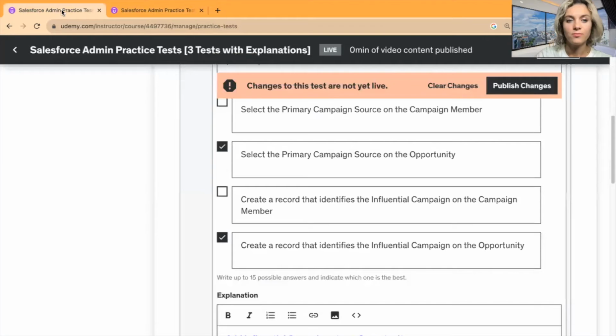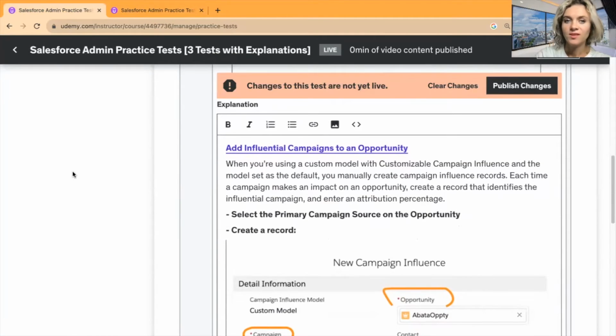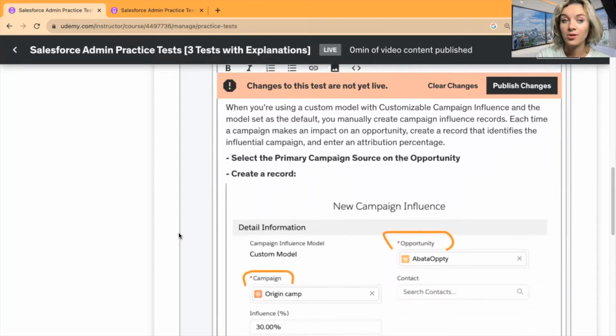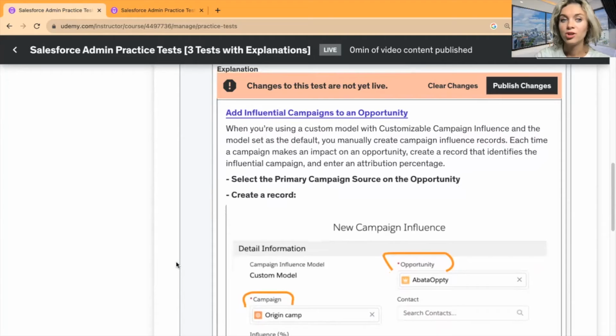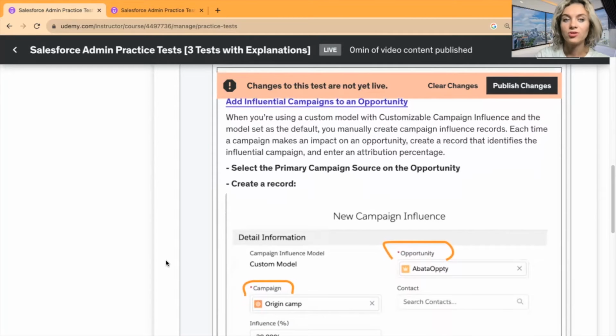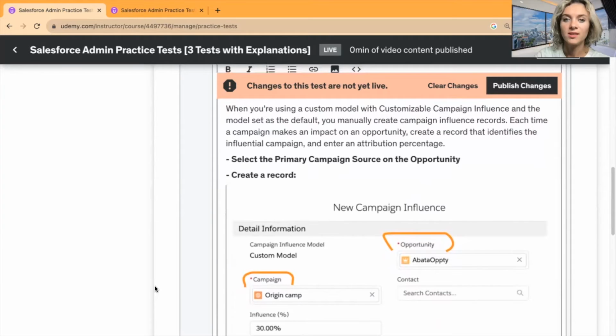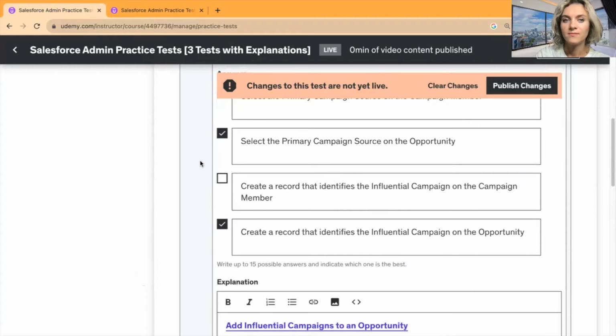And I'll pause this, and if we go to the explanation bit, the explanation comes with an image. For people with photographic memory, this may be very useful. Add influential campaigns to an opportunity. When you're using a custom model with customizable campaign influence and the model set as a default, you manually create a campaign influence record. So this is a campaign influence record. Each time a campaign makes an impact on an opportunity, create a record that identifies the influential campaign and enter an attribution percentage. So we have select the primary campaign source on the opportunity,